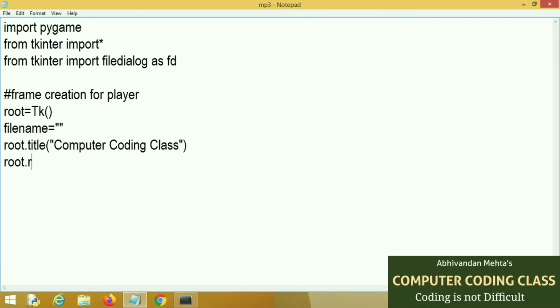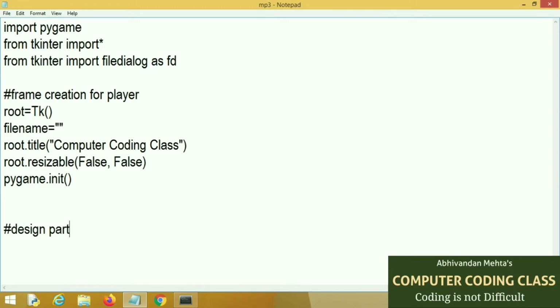Root dot resizable to false, means you cannot stretch the screen in any direction. And last one is pygame.init, that will initialize the Pygame package. This is the first part of our player.